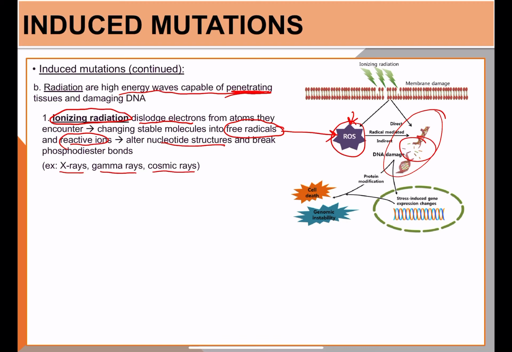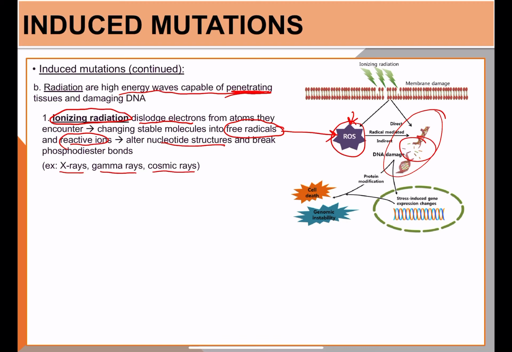All right, the second type of radiation is called ultraviolet radiation, which we're more familiar with, and something we can become exposed to constantly. Okay, we're out in the sun too much. This has less energy than ionizing radiation. You won't dislodge electrons and produce reactive oxygen species all of a sudden, but it's still mutagenic. It often leads to the formation of pyrimidine dimers, which you were talking about in your yeast lab. Pyrimidine dimers are when you have formation of covalent bonds between neighboring pyrimidine bases like thymine,